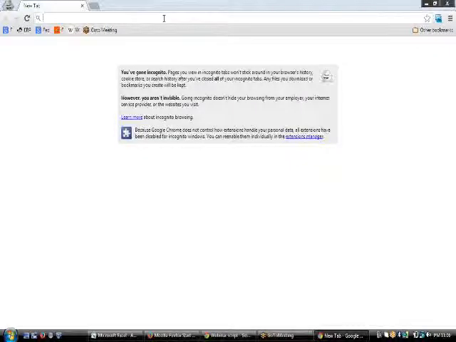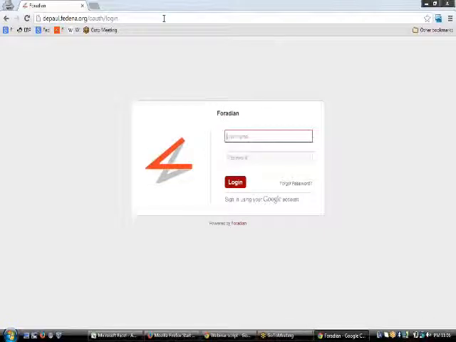So before starting, we need to have a URL first of all, the URL where Fedina will be hosted for us. In my case, it's deepball.fedina.org. In your case, you'll have something different. On going to this URL, you will get this dashboard which says the username and password are to be entered.